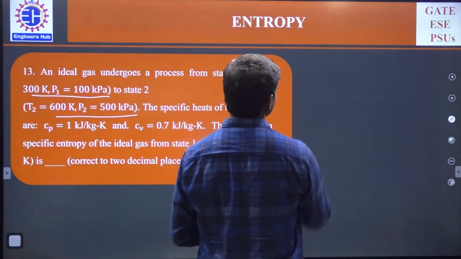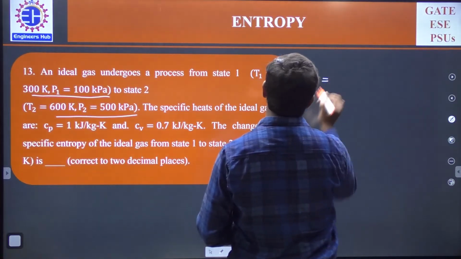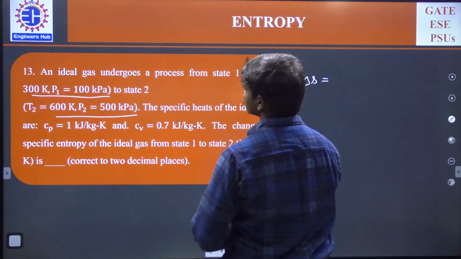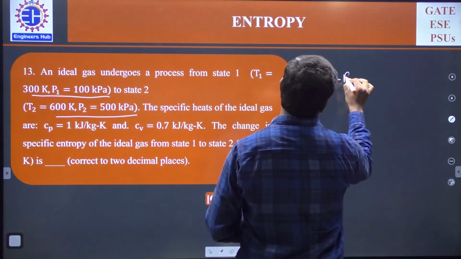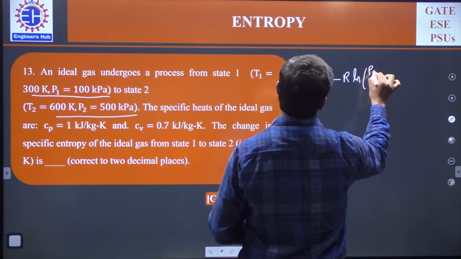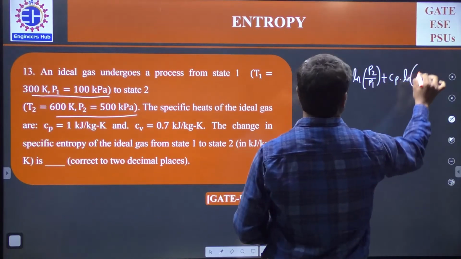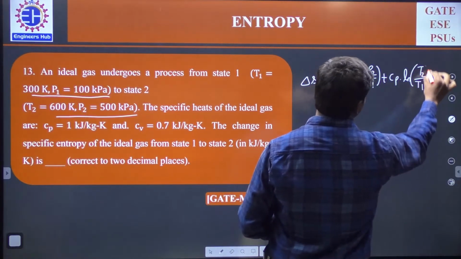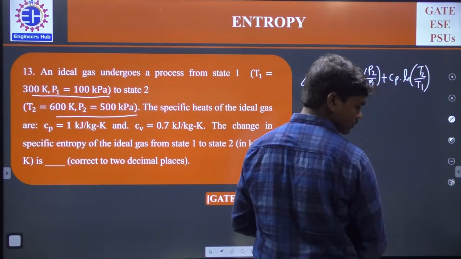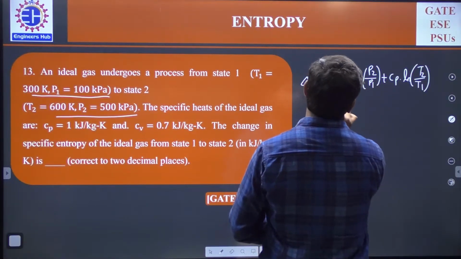So please do this. Same formula, delta S is equal to, this time temperatures and pressures are given. So again temperatures and pressures. So minus R ln P2 by P1 plus Cp ln T2 by T1. This was asked in GATE 2018 for 1 mark. So this is equal to,